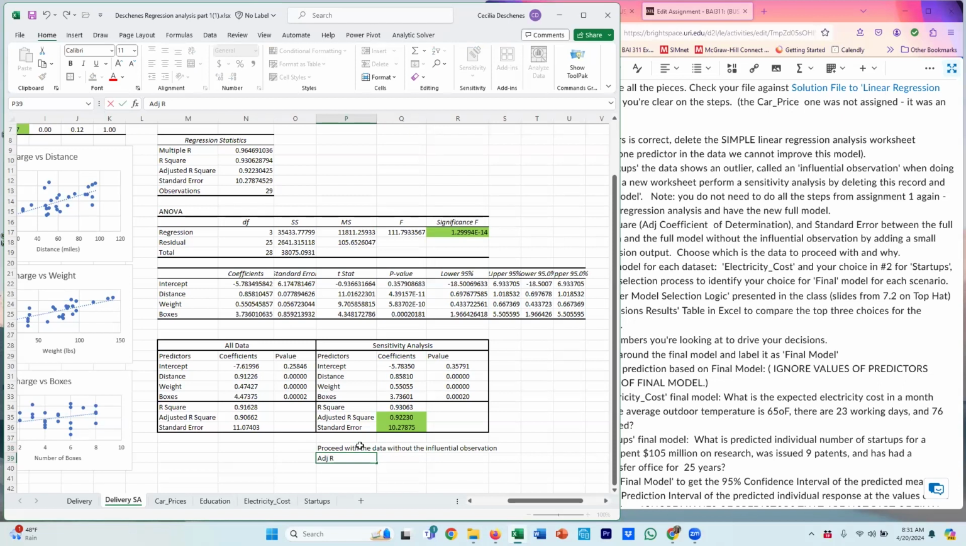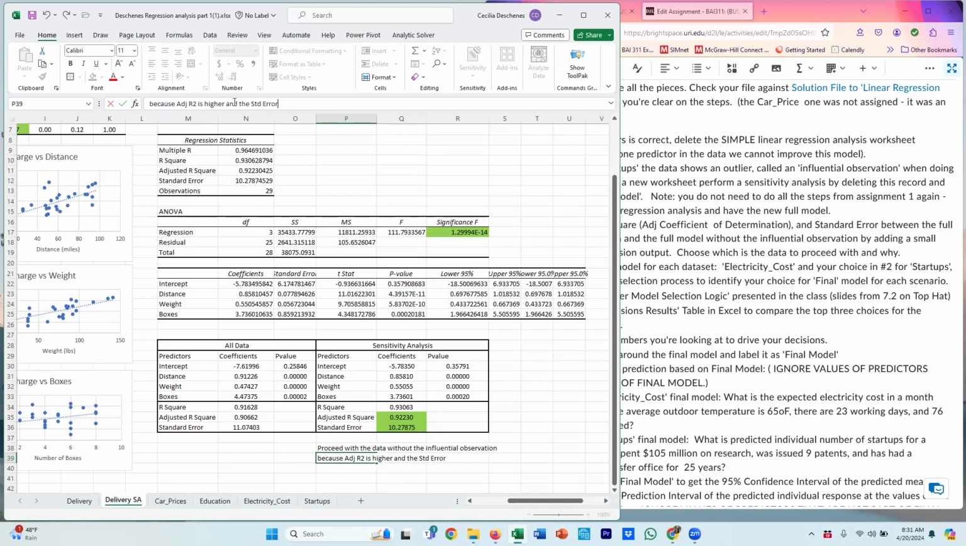Adjusted R squared is higher. So maybe I should try and add the nice little word in front. Conjunction, right? Because the adjusted R squared is higher. And